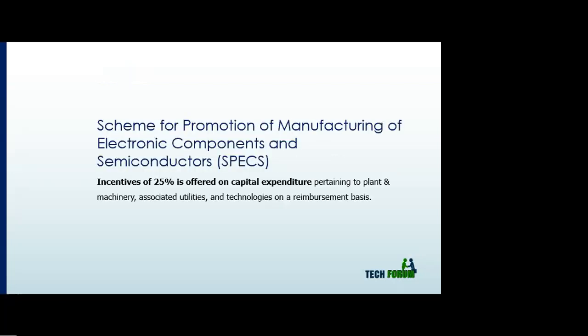Then we will move to another scheme for MSME. This scheme is more focused on the electronics sector. If you are in the chemical industry, agri industry, or food industry, respective schemes are there. We will have to go there. This scheme talks about electronics. Here, incentives are 25% on capital expenditure. See the difference. There it was 3 to 5% based on growth of turnover. Here, a straight 25% on capital expenditure.